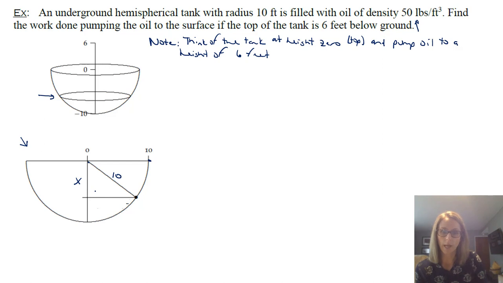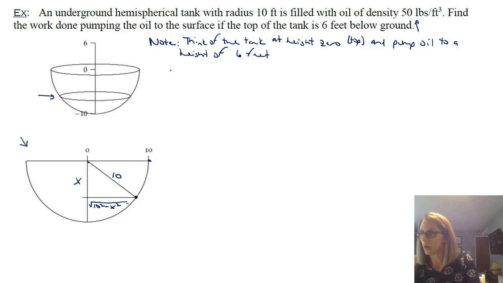And then what's going to happen is that's going to tell us that this little piece right here, using the Pythagorean theorem, this side is going to be, because x squared plus that side squared equals 10 squared. So using the Pythagorean theorem, that's going to give us 10 squared minus x squared. So that's just a Pythagorean theorem idea. So that is our little slice, and then we'll see how it kind of comes together here.